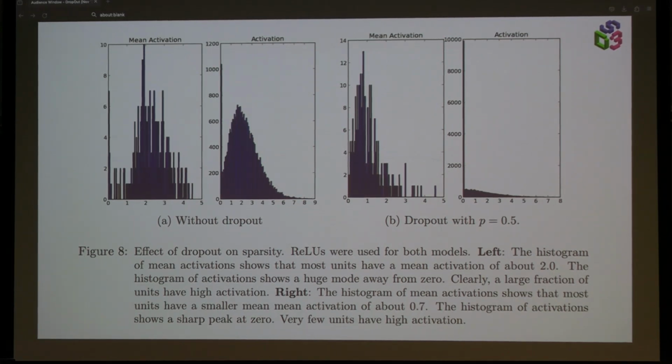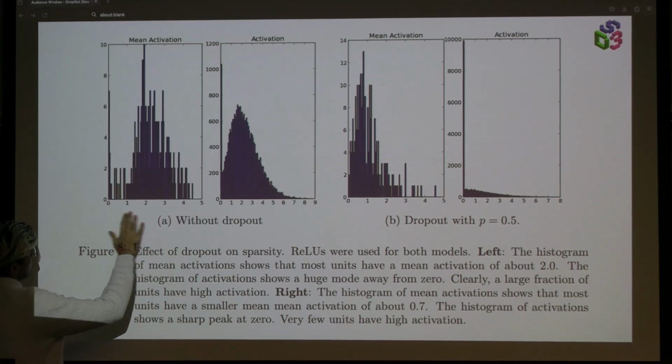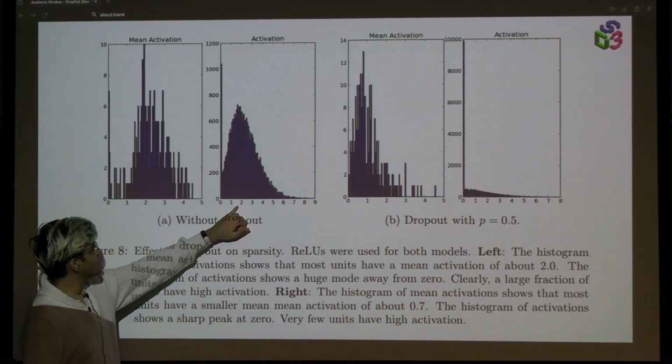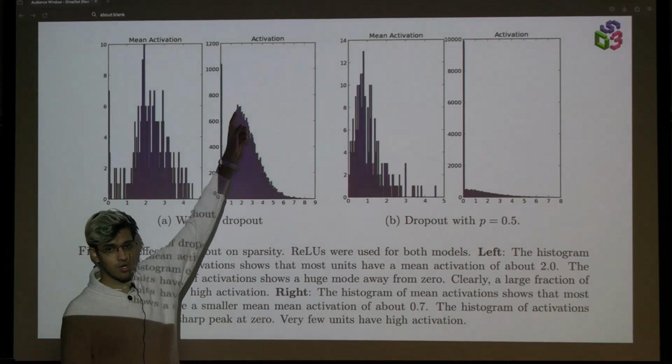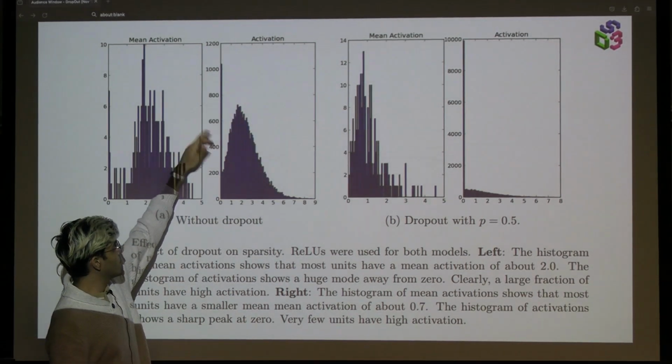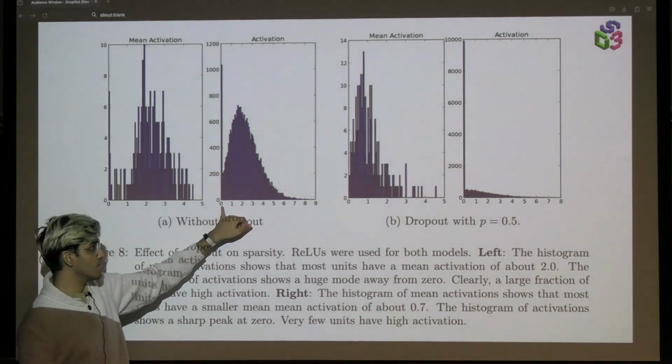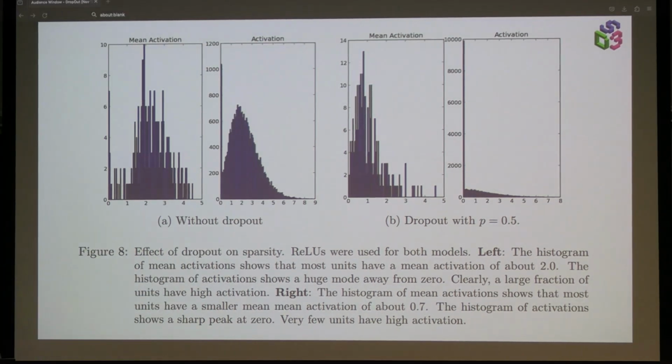Mean activation is just the average activation across the entire data set for all of the 256 units that were used in this case, right? So all that means is this is the average of all 256 across the entire data set. And on average, you can see that you have a large, I don't want to say bimodal, but you have a large deviation from what should be the ideal case at 2, right?